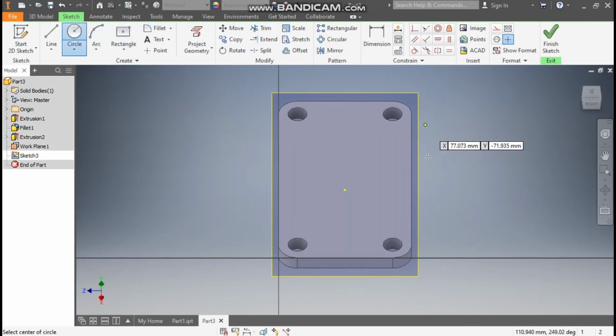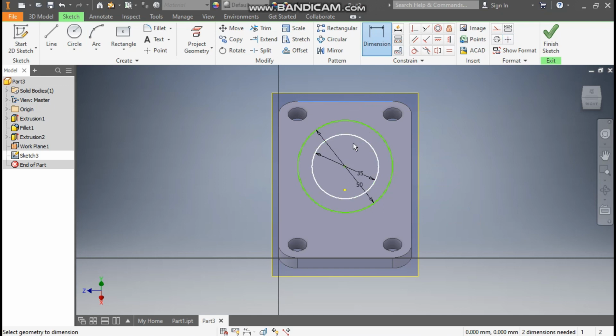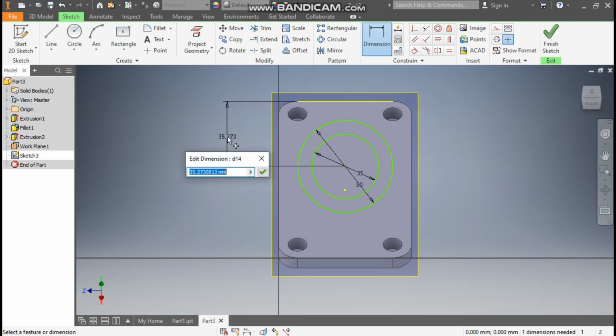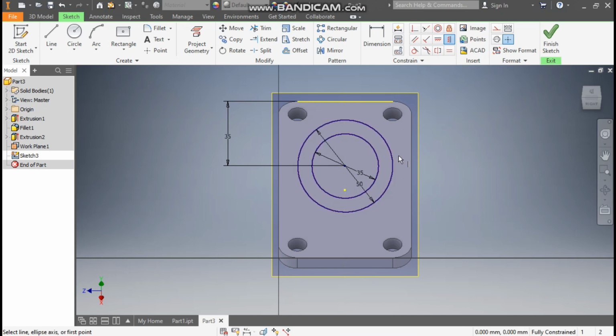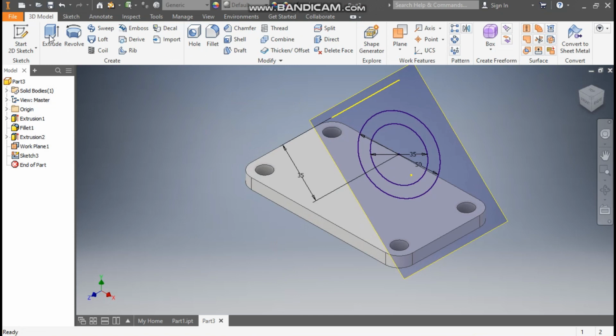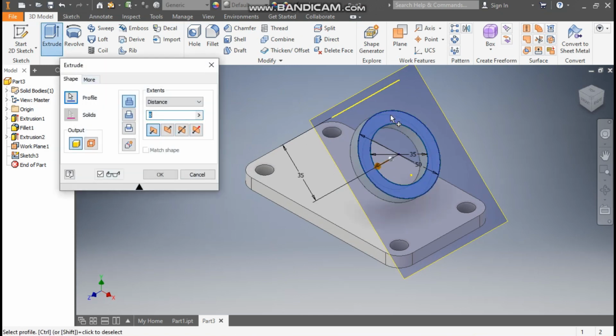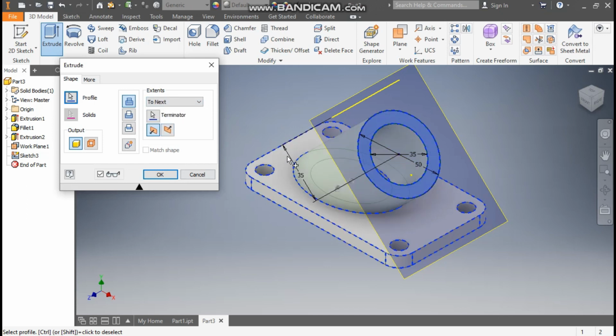Take this circle command and make a circle here of dia 35 and from the same center point dia 50. Go to dimension, select this corner, select this mid plane and we'll give a dimension of 35 mm. Go to vertical constraint, select this point, so this will be vertically aligned. Finish sketch, take extrude, select this profile and here we will take 2 next, so it will merge till this